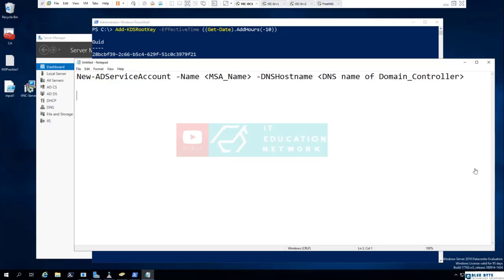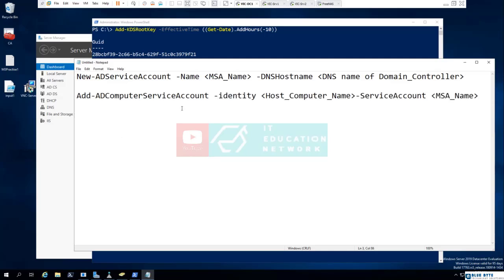The next step, I need to link the service account which I'm going to create on my domain controller with the server where I want the service account to work. And then this command is going to be Add-ADComputerServiceAccount with identity and all other information. So Add-ADComputerServiceAccount identity, host computer name, I need to mention it, and the service account which I just created in the previous step,